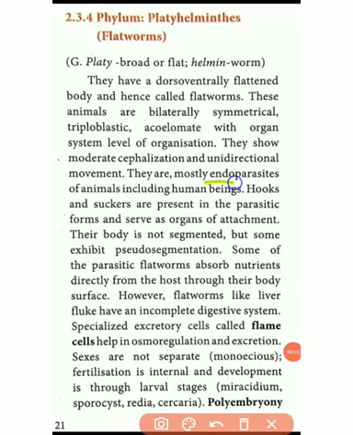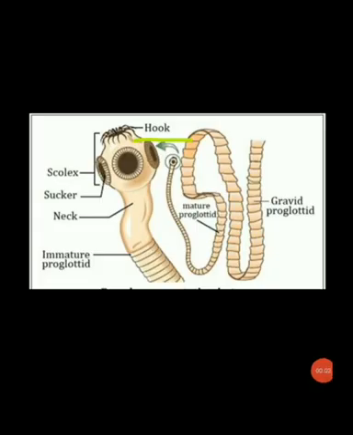They are mostly endoparasites of animals including human beings. Flatworms are mostly endoparasites as they live in the body of the host. Hooks and suckers are present in the parasitic form and serve as organs of attachment. Hooks and suckers help the flatworm to get nutrients from the body of the host and they serve as organs